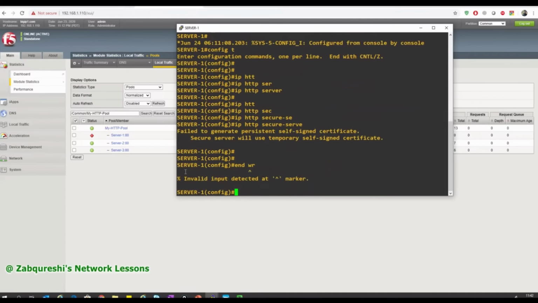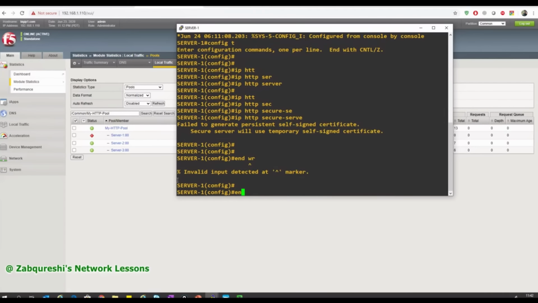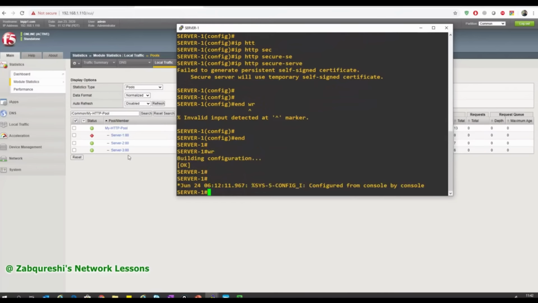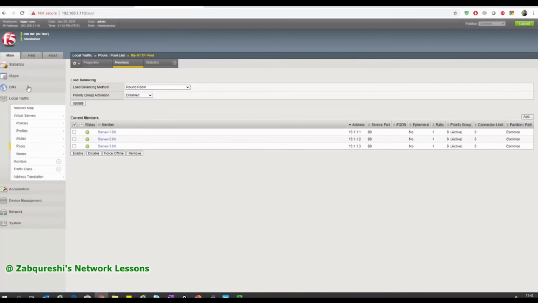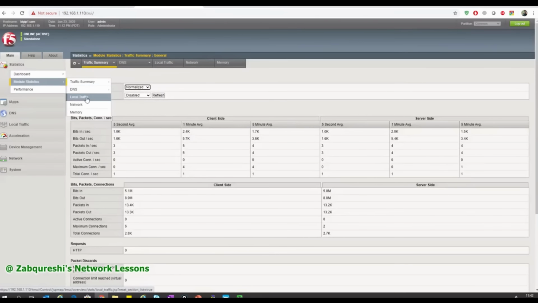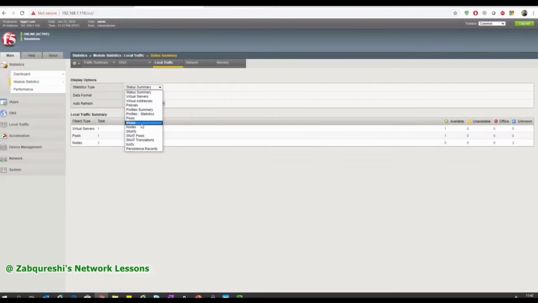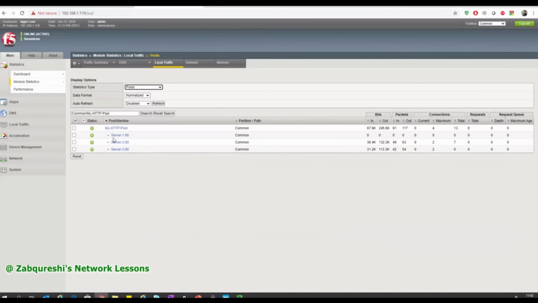The server should pass the health check and it should come back online in the pool. So if I go here, in the pool, in the members, it should come back. Likewise, if I go to statistics, modules, local traffic, and go to the pools for statistics, now if